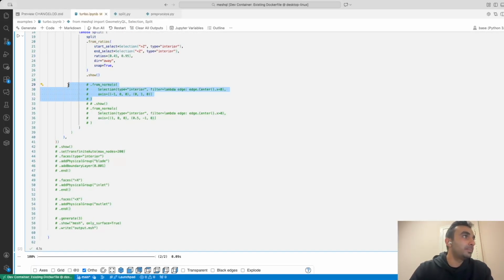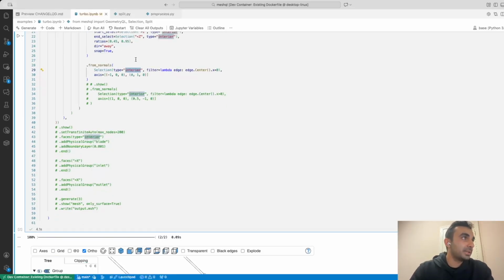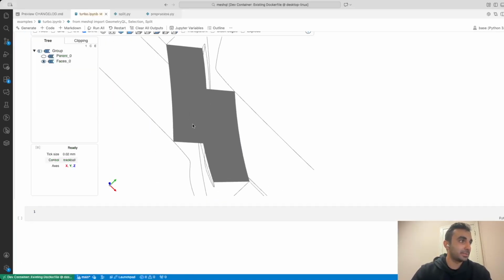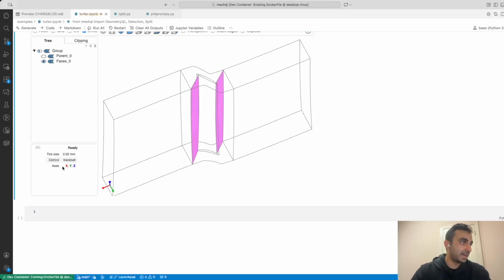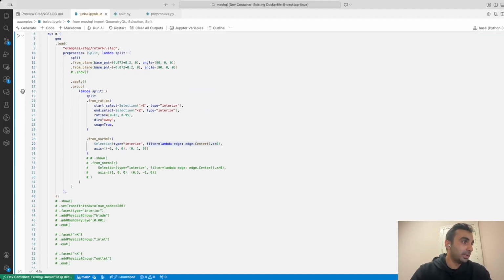So we added a new preprocessor also for splits called from normals, and essentially it's doing that same selection thing. It's selecting the interior edge, and then it's doing a filter. So it's doing essentially an edge filter for the edge centers, and it's saying, okay, if it's less than 0, the reason why it's less than 0 is, if we look at the axis here, this is the x, which is in red. So this is the negative direction, and this is, I'm sorry, this is the positive direction. That's the negative direction. So we are applying for less than x, and we're telling it what axis to go along. So if we apply this and we show it,